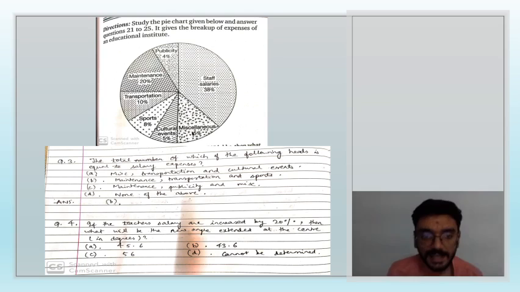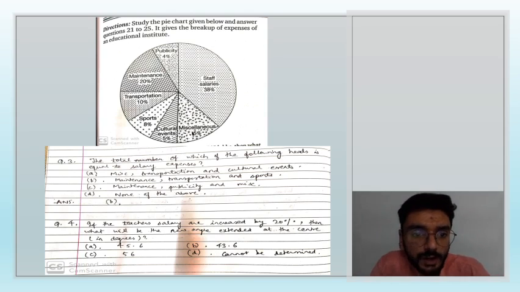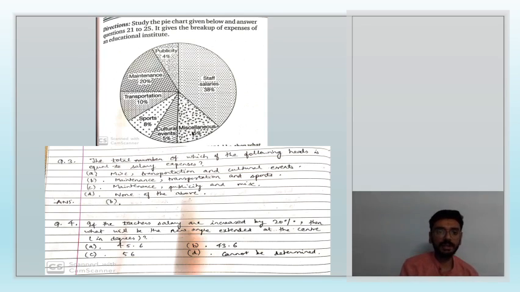One more theoretical aspect that I would like to bring in here is that whenever you look at a pie chart, there are some kinds of data that can be inferred through the pie chart itself, but simultaneously there are many kinds of data which cannot be inferred. This does not provide for a breakup. For example, in cultural events, it does not say how much of that went to music or how much went to theatre. In sports, it does not say how much went to team games, and how much of the 8% went to athletics.